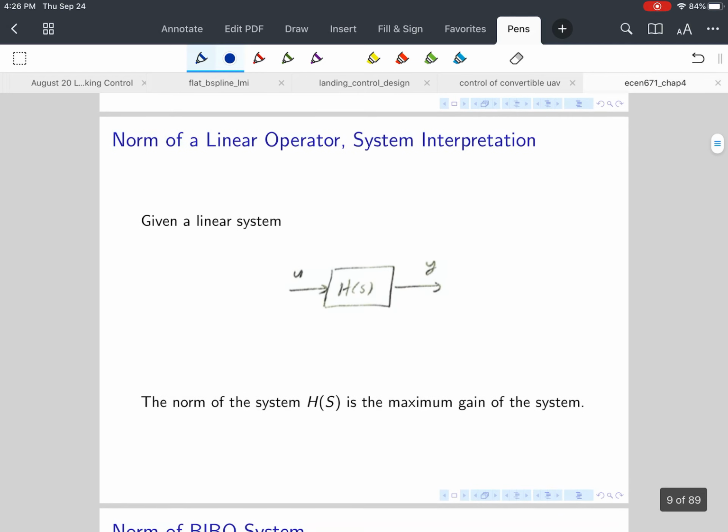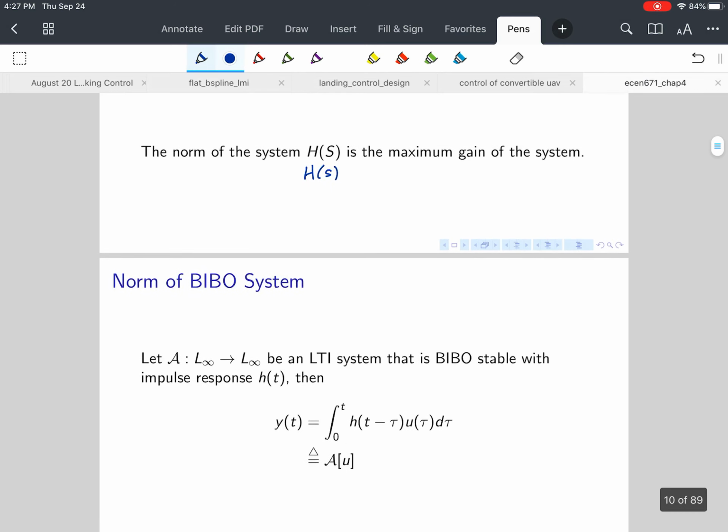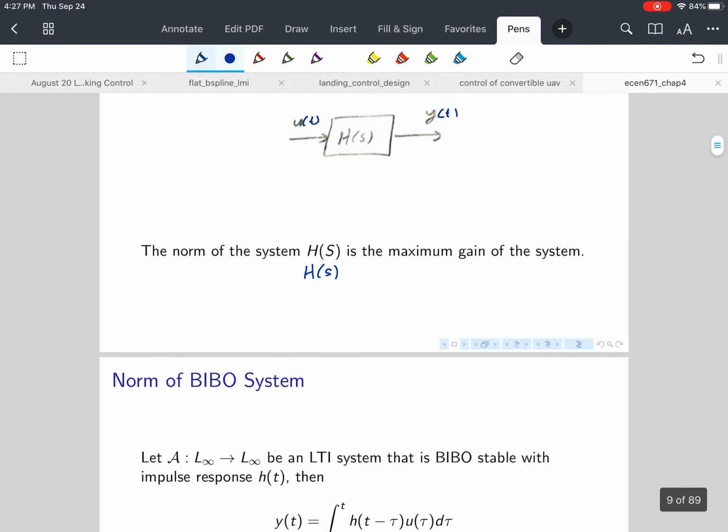All right, norm of a linear system. So what is the system interpretation? So if I have this linear system where U of t goes in and Y of t comes out, then the norm of this system, this should be h of little s, is the maximum gain of the system. Okay, so another way you can think about that